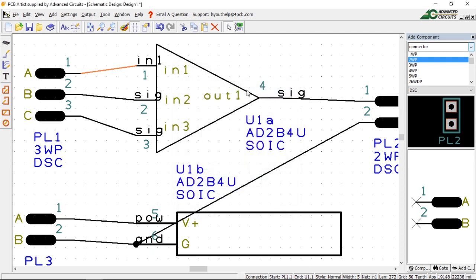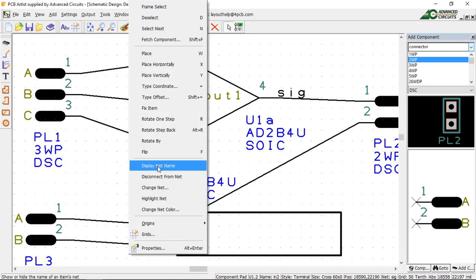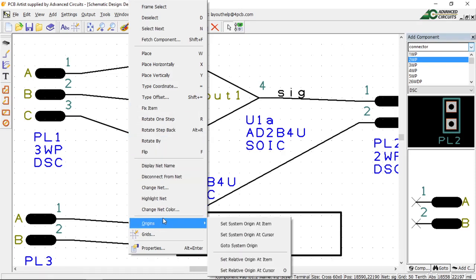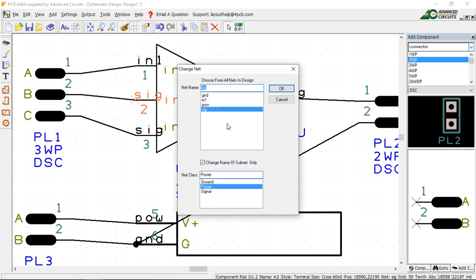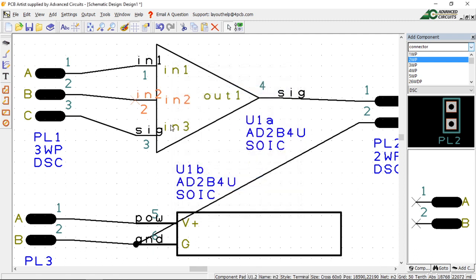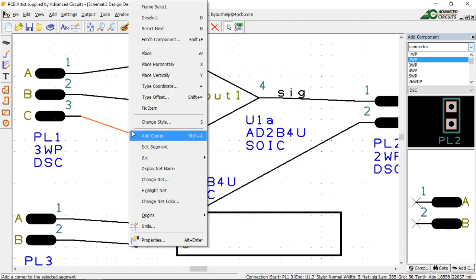Okay, and let's go here, and let's call this N2, and that's a signal,